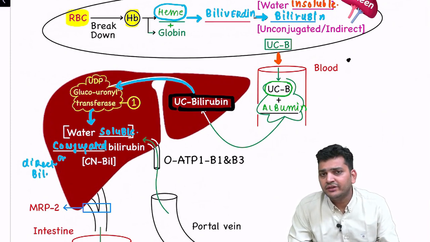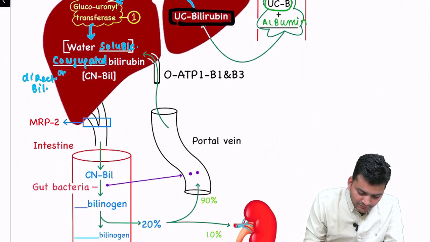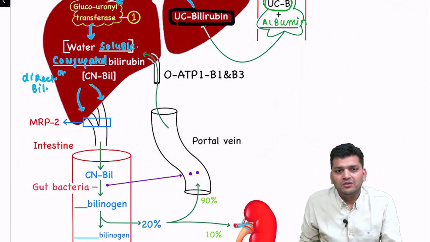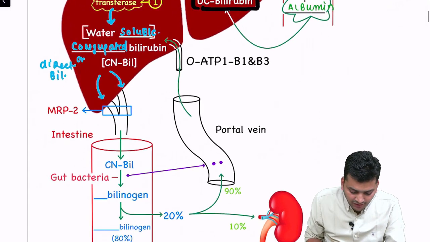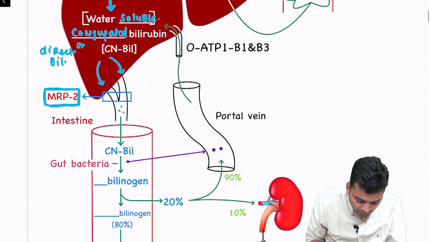But how will it reach the kidney? Let's understand. Now this water soluble bilirubin will come out from the liver. This water soluble bilirubin will try to come out from the liver into the biliary system. To come out from the liver, it requires a protein called MRP2. With the help of this MRP2, this conjugated bilirubin will come out and go into the bile, and